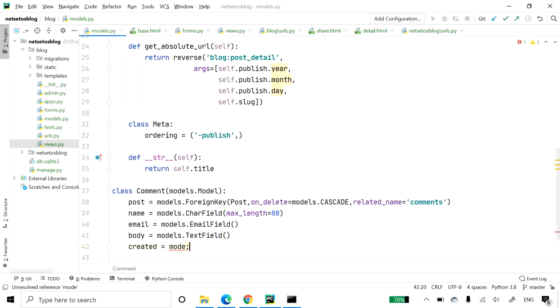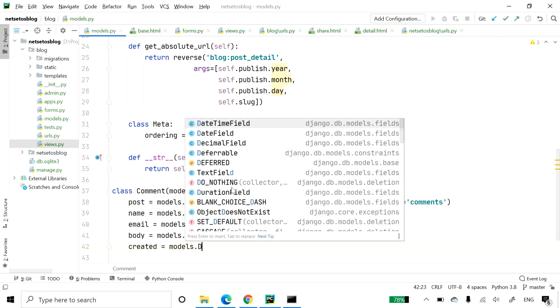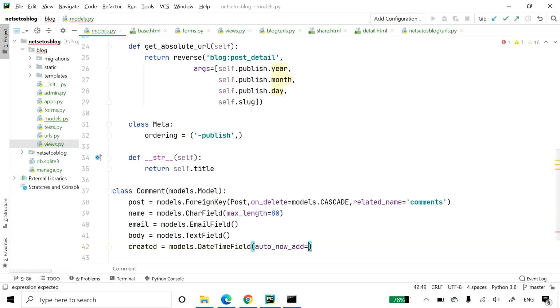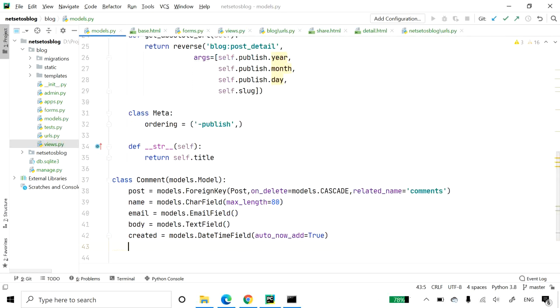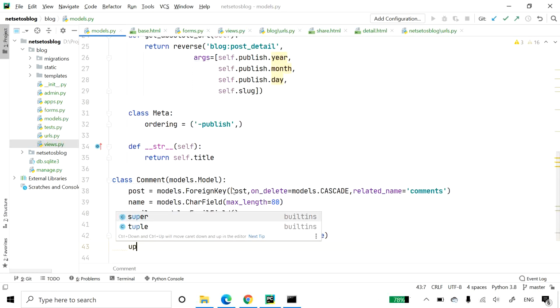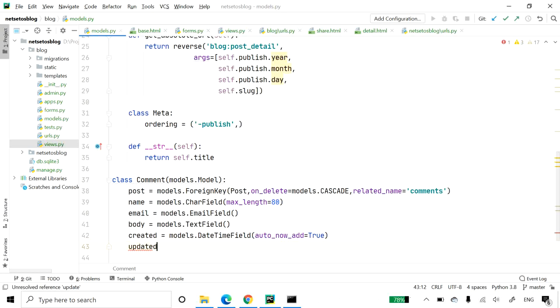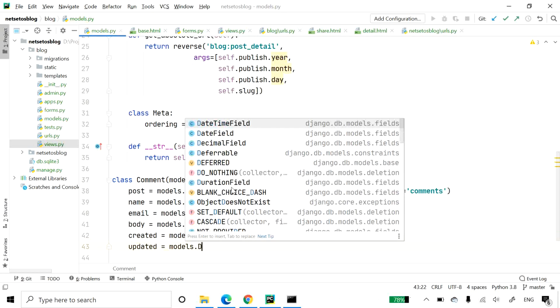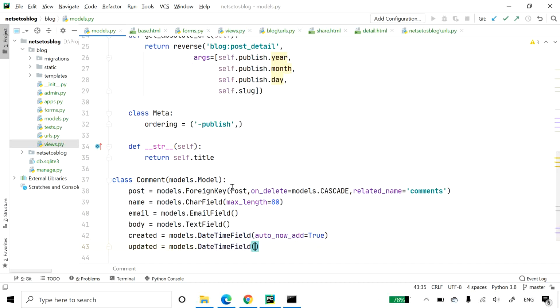So models.DateTimeField, and it will be added by itself, so I need to set auto_now_add to True. At the same time, I will add updated. Updated will be models.DateTimeField with auto_now equal to True.